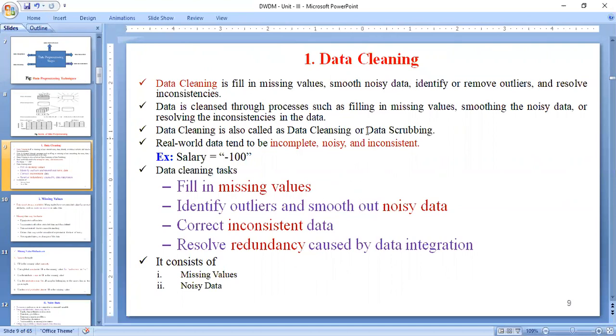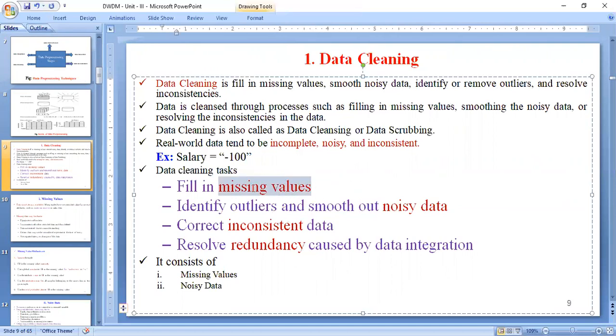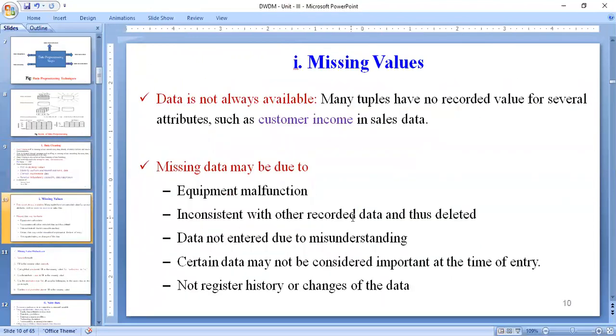This is called the data cleaning process. Real world data always consists of inconsistent data, incomplete data, and noisy data.